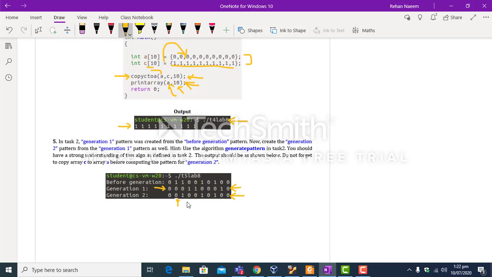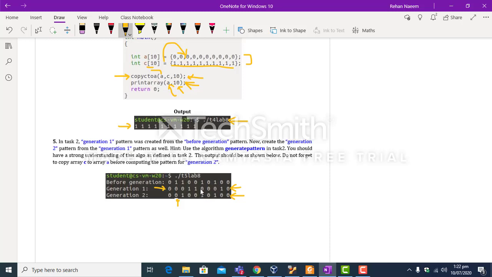And the rule is that if 1 is encountered, convert that 1 to 0, and if 0 is encountered, then again there are two conditions. The first condition is that if both left and right elements of 0 are 1, then 0 should not be converted to 1.